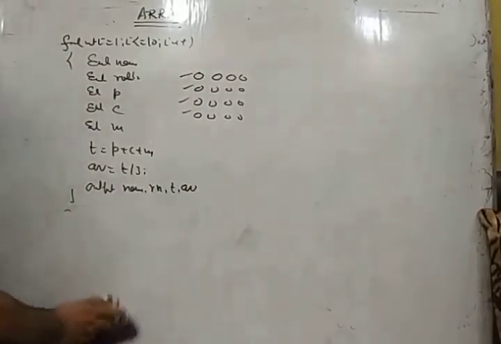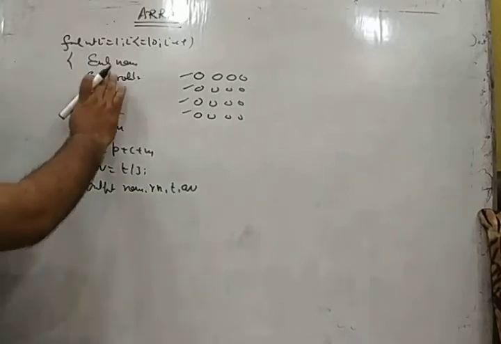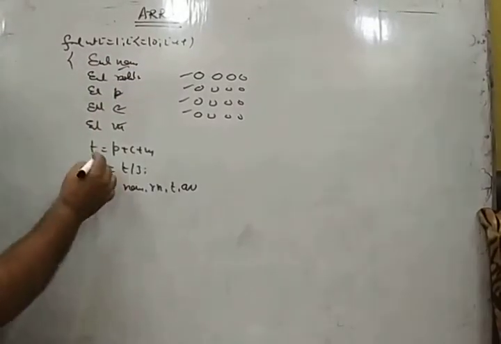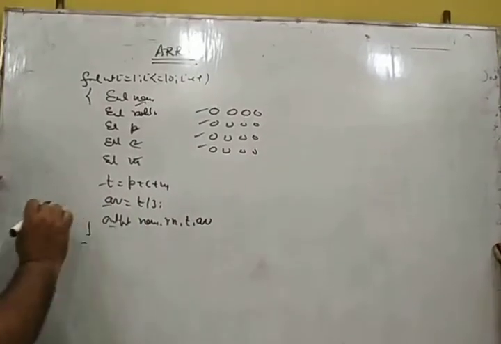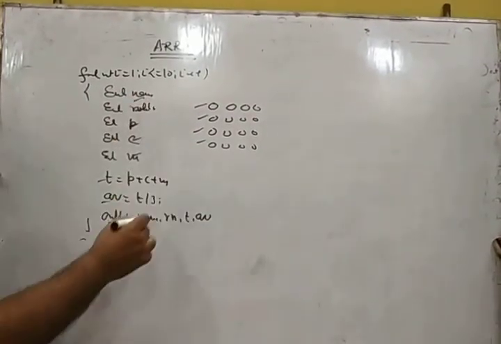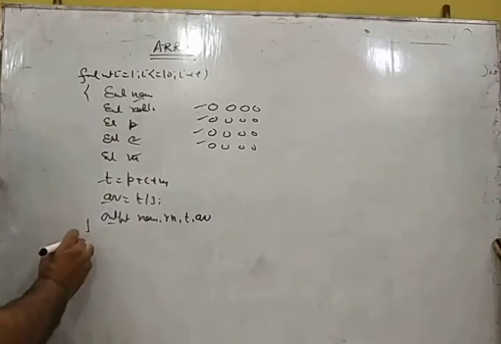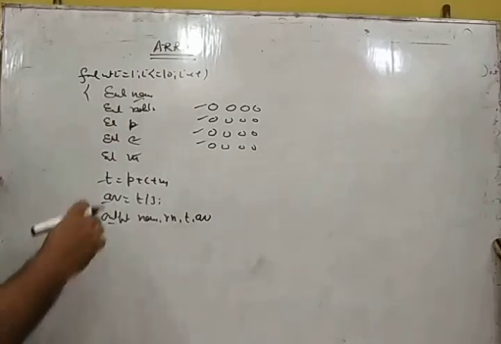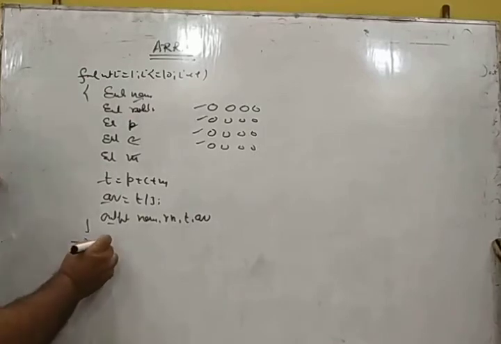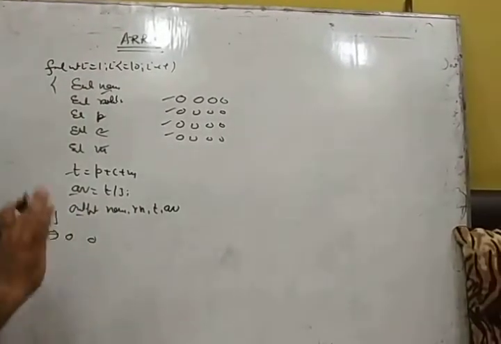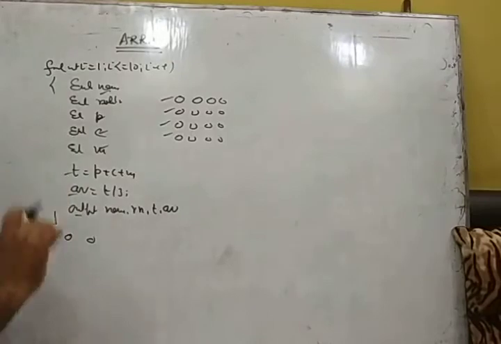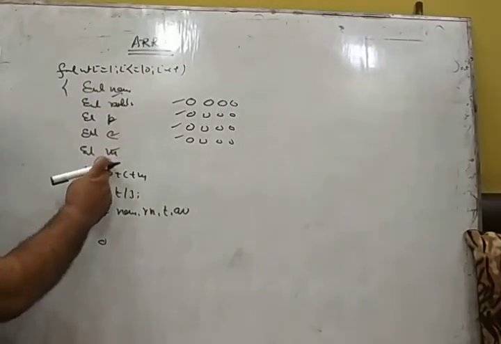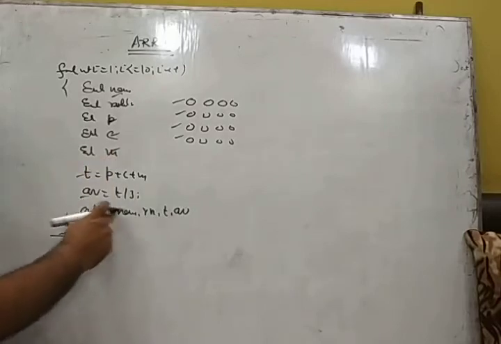Second reason, suppose you are entering this for 10 persons. Name, roll number, physics, chemistry, maths marks, getting the total, getting the average, output the name. Then second name, then third name. Suppose outside the loop, I want to print the name and roll number of all the students, do you have the name and roll number of all the students? No, you don't have. First name, first roll number, physics marks, chemistry marks, maths marks are entered, calculated, printed.